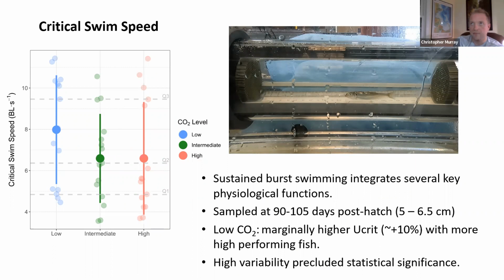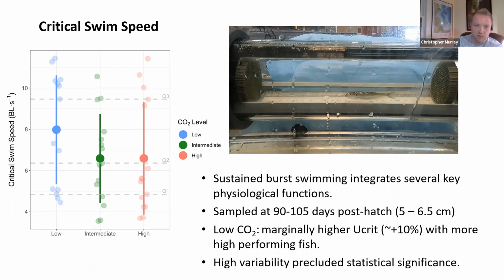Also, I measured critical swim speed in these late-stage juveniles. Burst swimming is a really interesting trait to measure with respect to chronic stress, because just like sprinting or marathon running in humans, it is integrating a lot of physiological functions, in a way in which an unhealthy organism is going to show significantly lower ability to burst swim versus a healthy functional organism. So I swam these guys in a swim flume, and I used a slow ramping methodology to figure out what their highest sustained swimming speed can be.